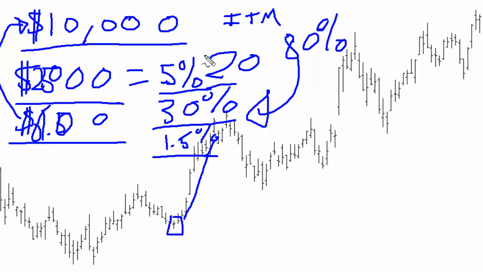Now I'm not telling you what to do. I'm telling you not to do this. Okay, don't do this. This is what people do, and this is the reason why people go down the spiral really quickly, and they kick themselves in the butt for it. They would trade $2,000 over here. They'll trade 20% of the account, which is $2,000. And for example, if they had the same 30% stop out,